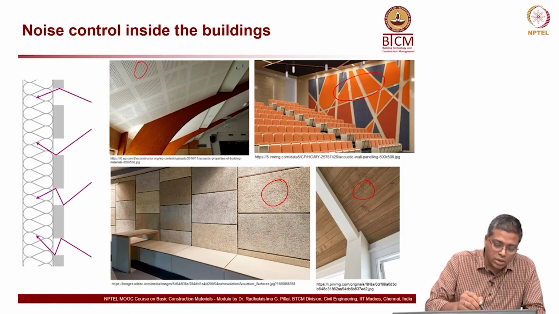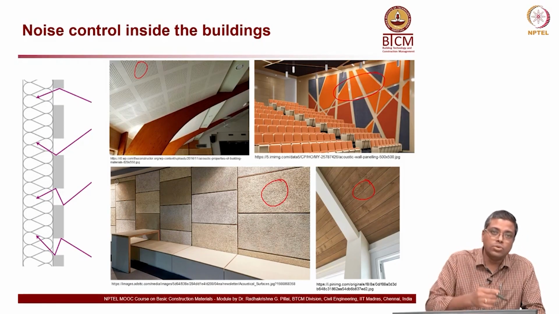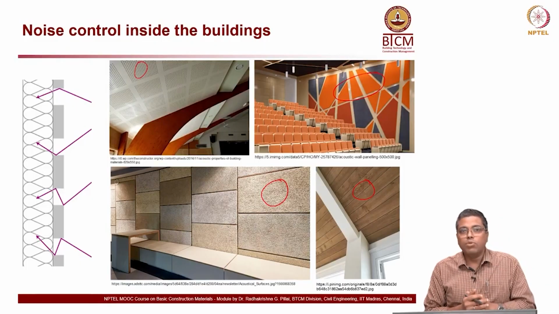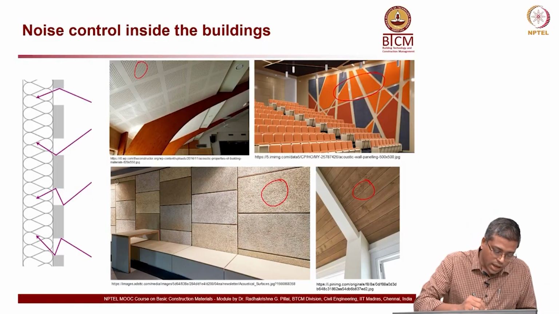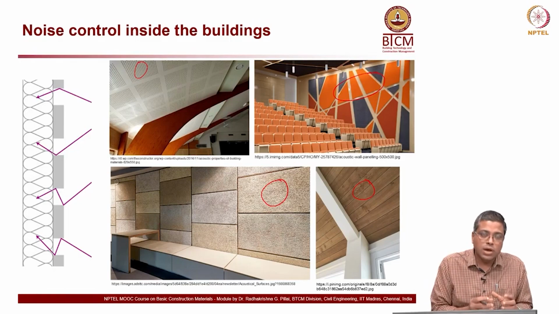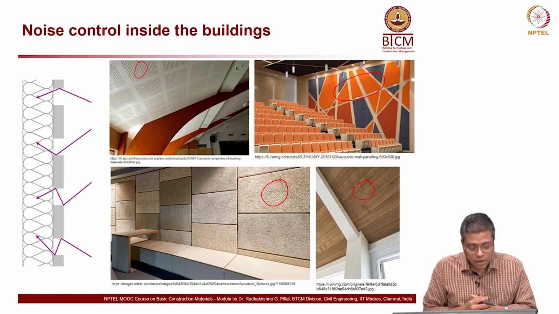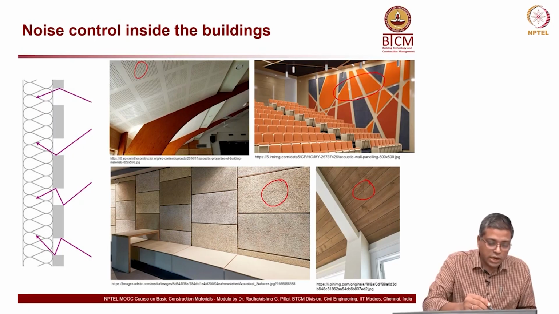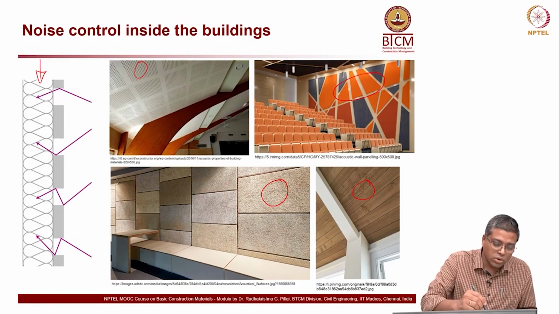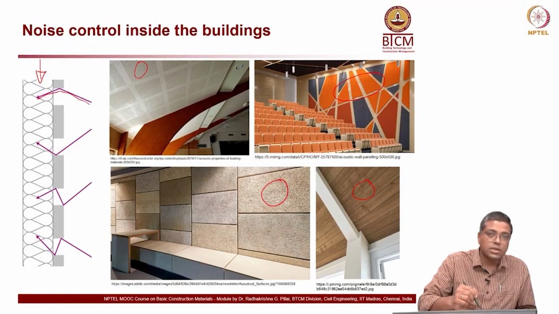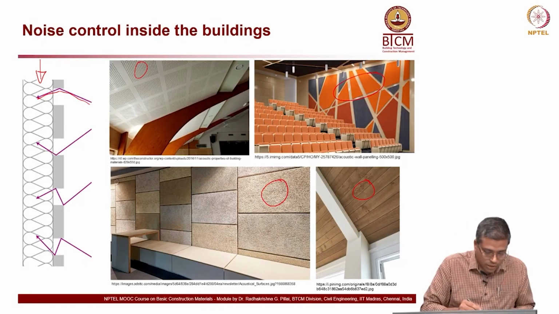So, what is the working principle here? You can see on the left side, there are 4 arrows which indicate how the sound waves penetrate into the sound absorbing material, and then it tries to absorb the sound so that you do not really hear the echo. You can see on the left side, this is the acoustic absorbent or the noise absorbing material, and these are the sound waves, and it goes in and it does not come out. Okay, that is the whole idea.